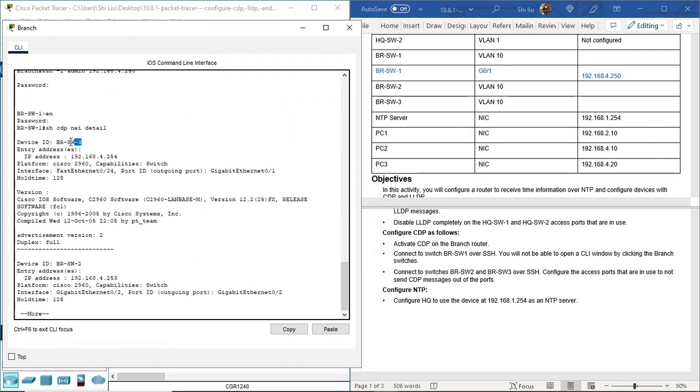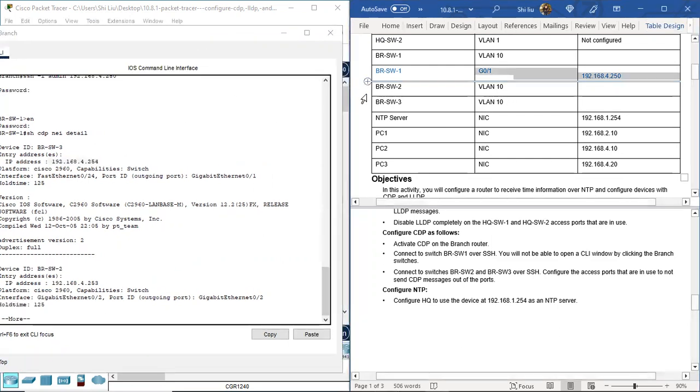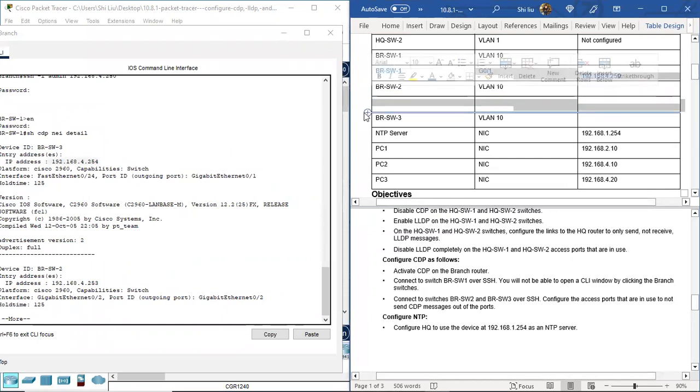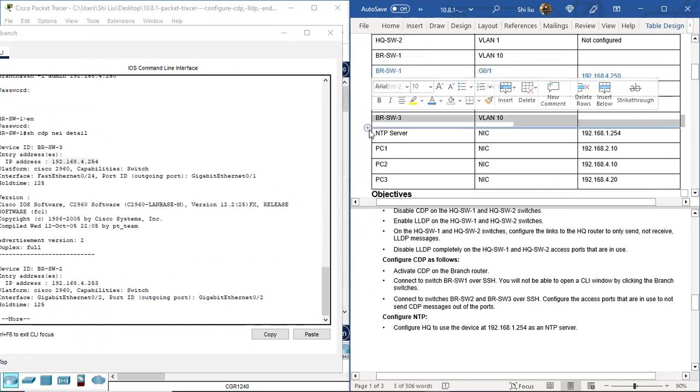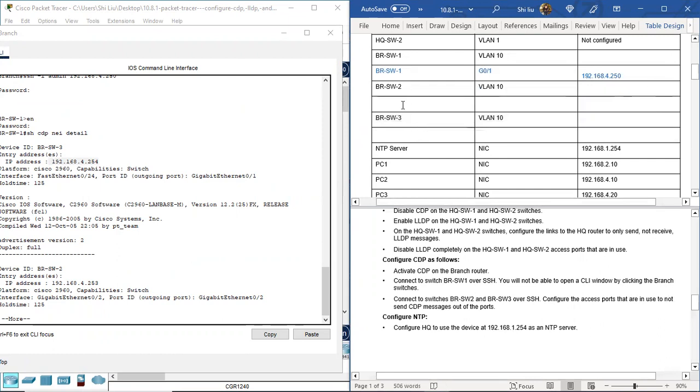Oh yeah, here is branch switch 3. Branch switch 3's IP address. Let me add some information here, so branch switch 2 and branch switch 3. Okay, so here we need to add this information here. Font color blue, font color blue. Okay, so now we can add